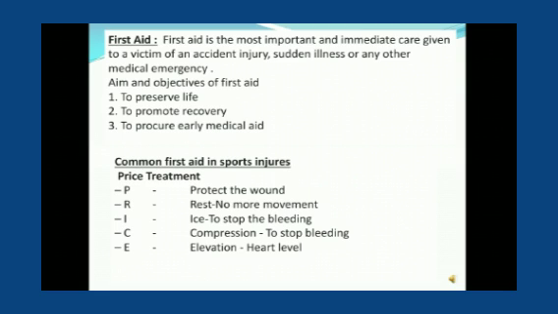Common first aid in sports injuries. 1. PRICE treatment. P: Protect the wound. R: Rest, no more movement. I: Ice to stop the bleeding. C: Compression to